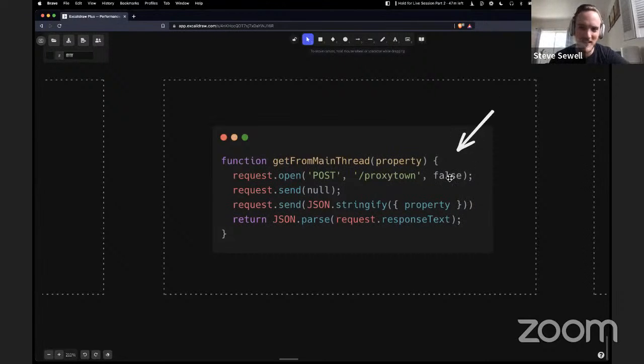That's what the false argument in this code example does, right? Yeah, the original option was you didn't have that third argument. And then when they realized this probably isn't a good idea, let's make sure that we can have it be asynchronous. That's where they added the other argument to set the true, which is what you should be doing almost always, or basically always on the main thread.